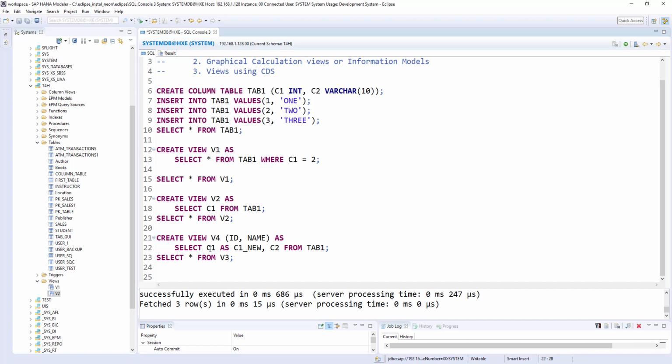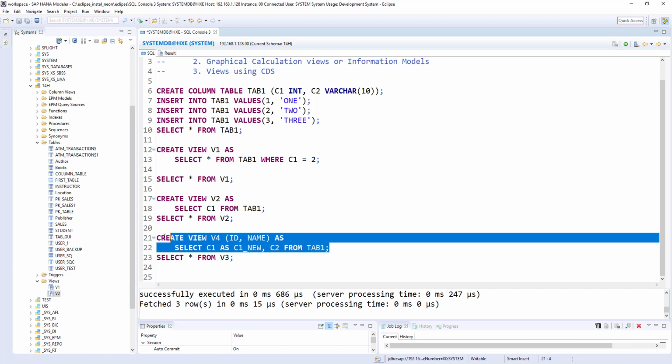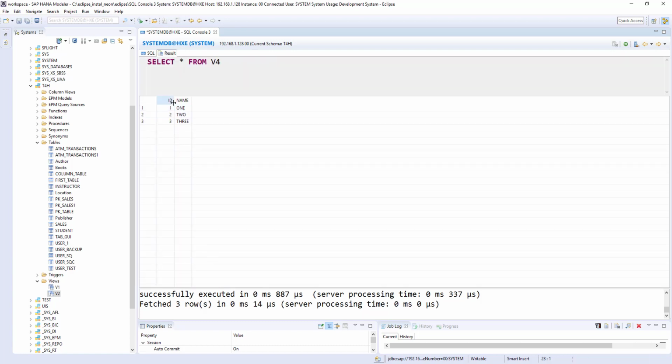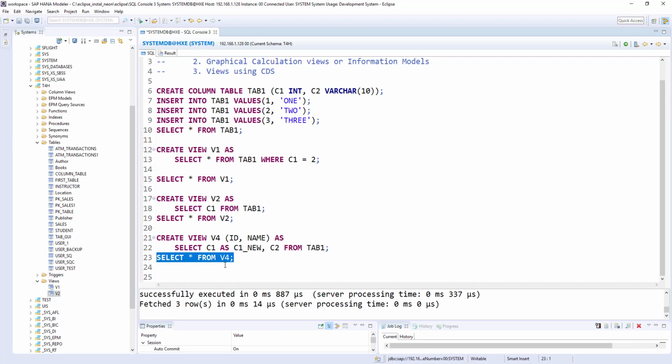So I'm renaming in the select statement as c1, and I'm using c2 here. So if I run this statement, view created v4. id name still, so c1 new is not reflecting.